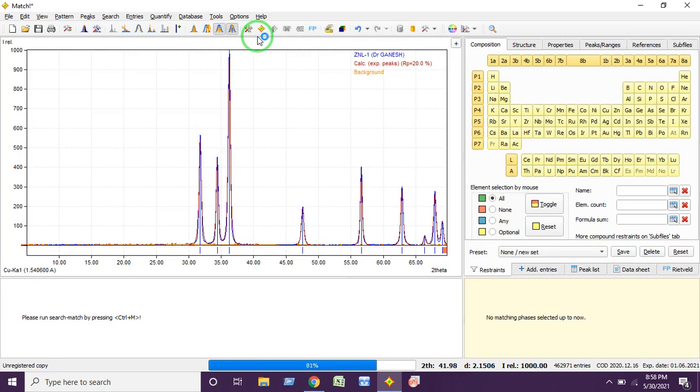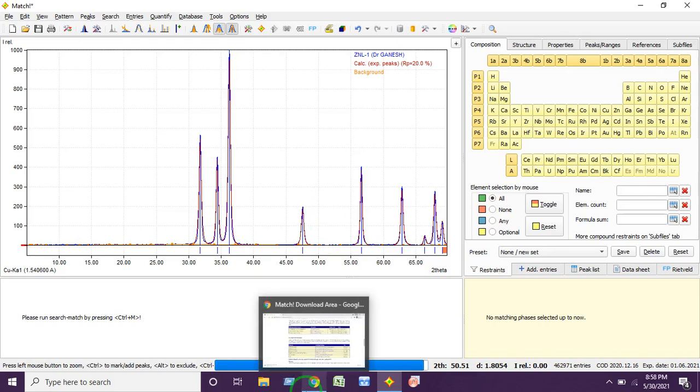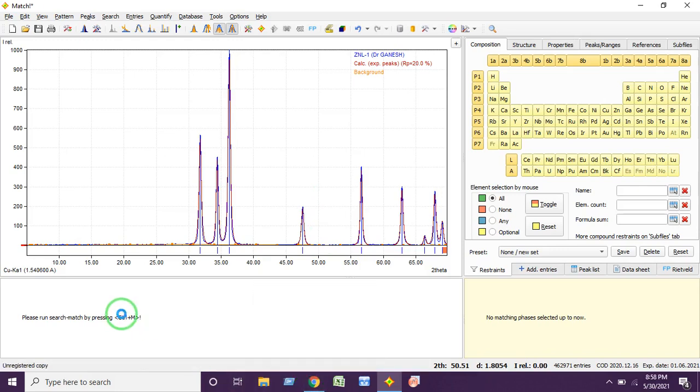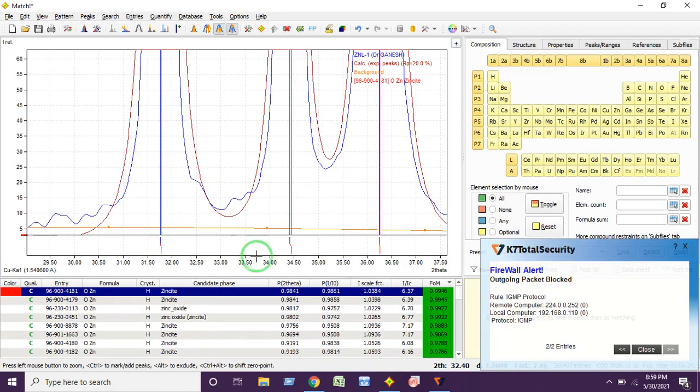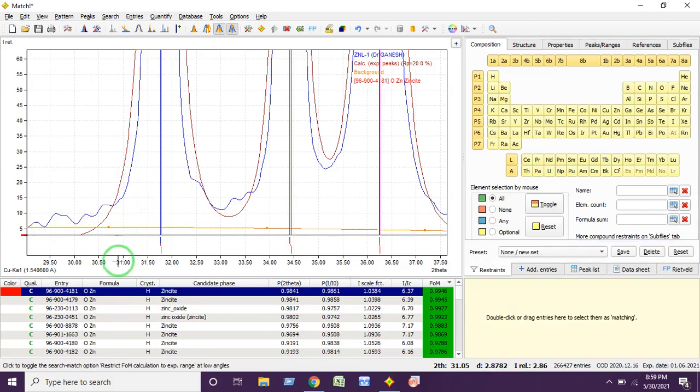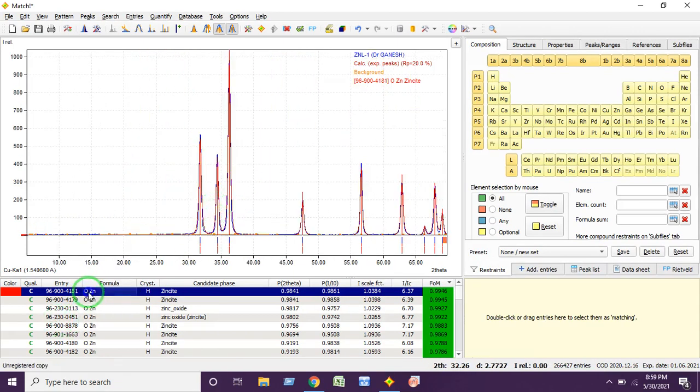Automatically it will select depending on the intensity. It is going to list out the most suitable phases depending on the priority figure of merit, from which you have to select the most suitable one. Here I am going to select the first one. You can see the practically obtained XRD data and the standard database are well matching. So I'm going to select the first phase.